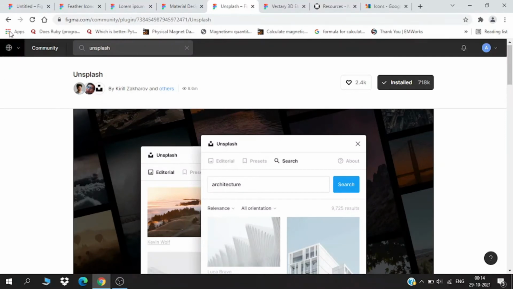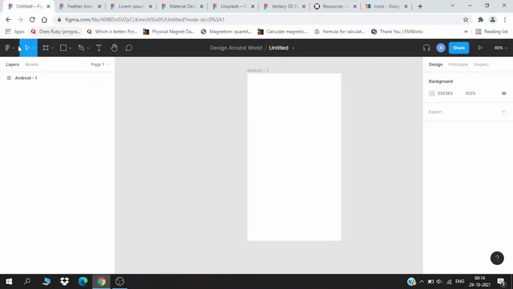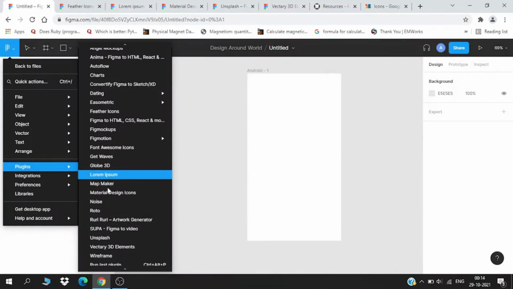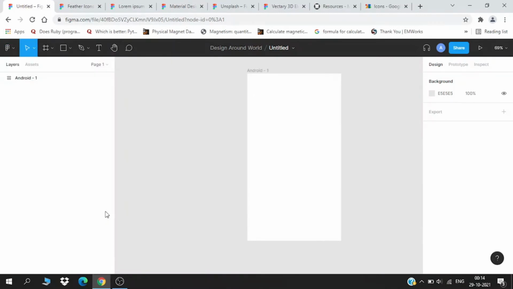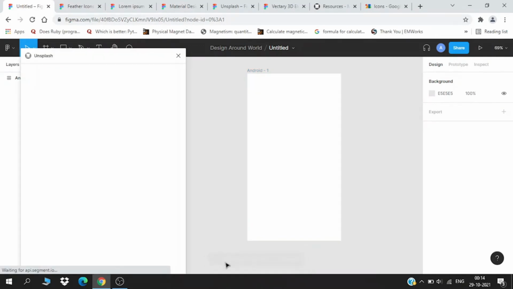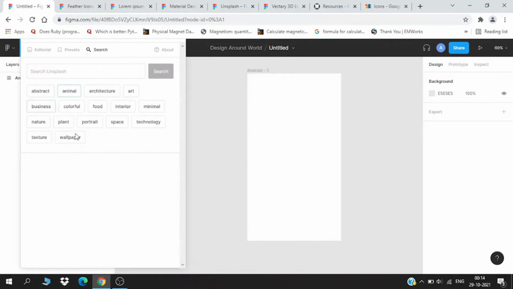So let's jump straight to this, and I will just open it, and there is Unsplash, and it is opening. As you can see, they are categorized by already given tags like abstract, animals, architecture, art, minimalism, but you can even search on your own.